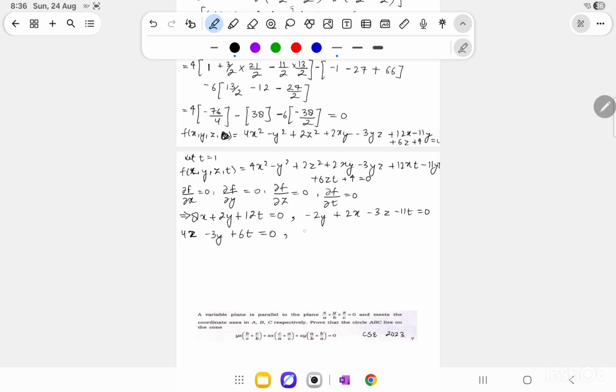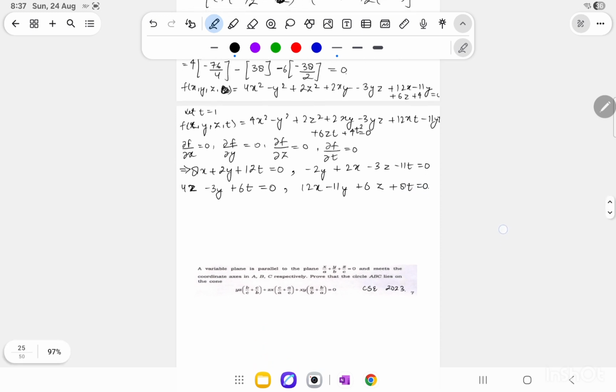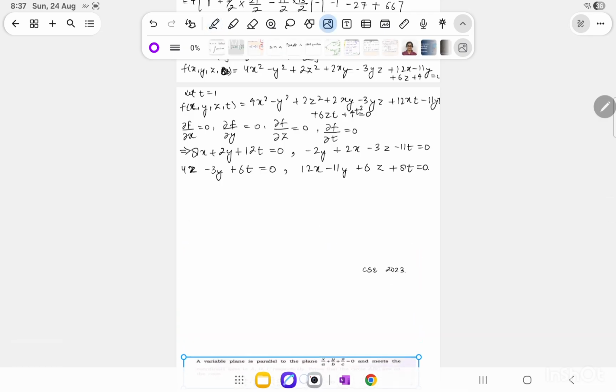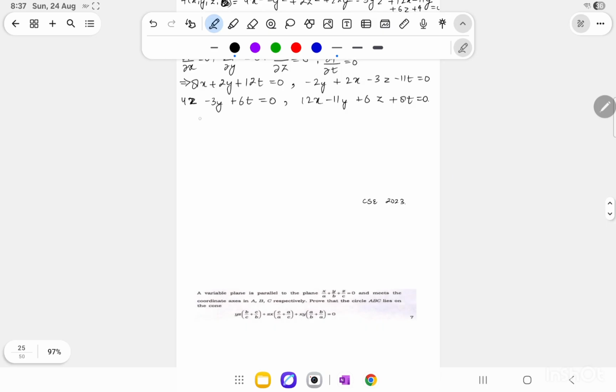And from the fourth one we'll get 12x − 11y + 6z + 8t = 0. So if we solve these equations, we'll get